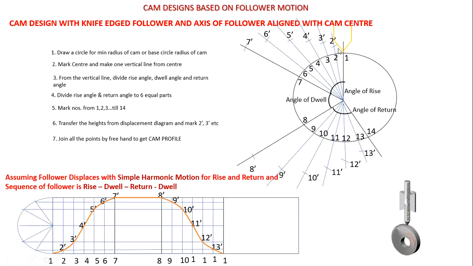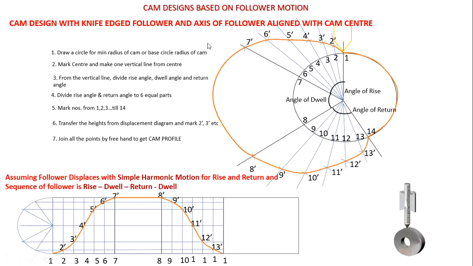So now we have to join all the points by freehand, all the intersecting points, all the points which cut by arc over freehand like this. So here also we have to highlight. So this represents the profile of the cam. If we design the cam with this profile, then the follower will follow this sequence as per the requirement. So this is about cam design based on follower movement.